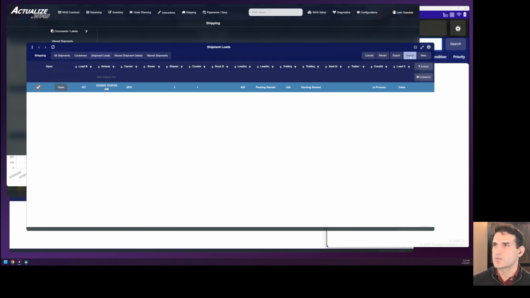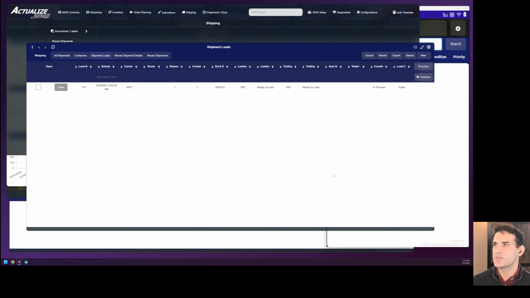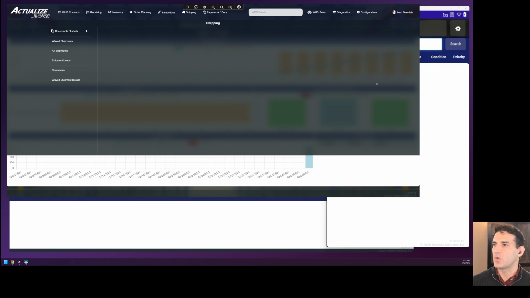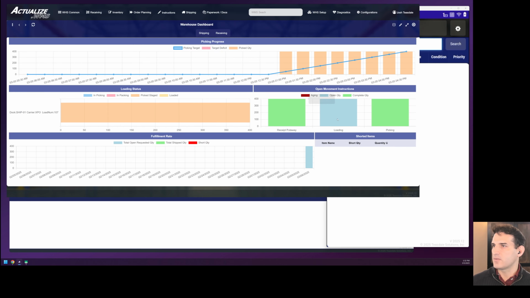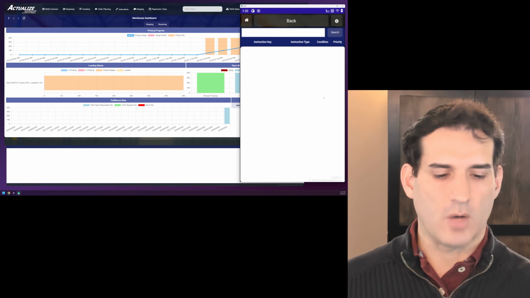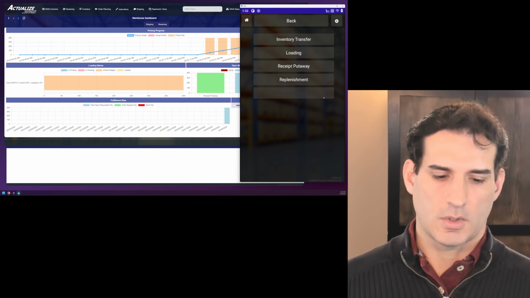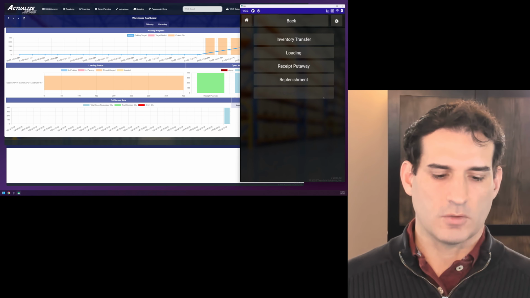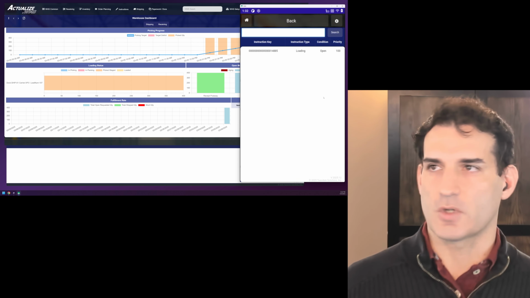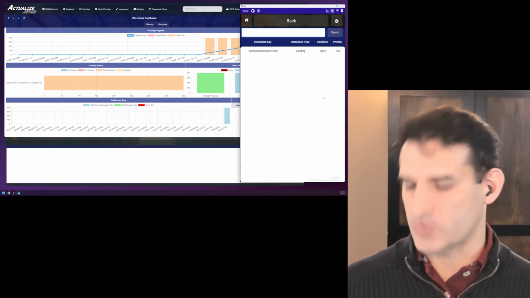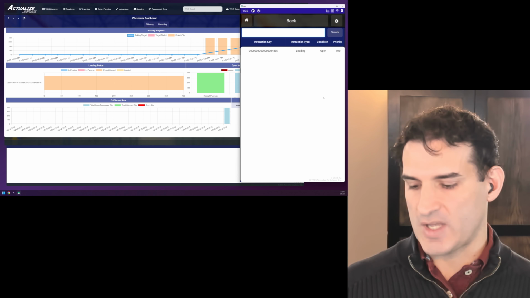Now if we refresh this screen, we'll see that the status has been switched to ready to load. And if we move back to our dashboard, we'll see we have another movement instruction, this time to load the pallet into the dock door. We'll move back over to our mobile device and switch to the loading profile for our movement instructions. Here we see the new instruction which has been created. We'll scan into that again,